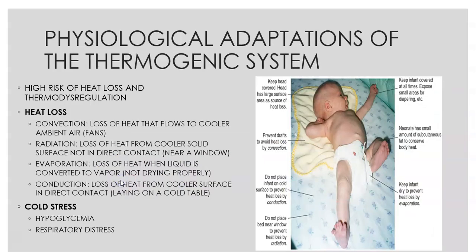So, speaking of being cold, the next thing we'll talk about is the thermogenic system, which is a huge potential problem in infants. They are at high risk of heat loss for multiple reasons. One, their large heads. Their heads are about a quarter of the size of their body at this age. So they have much larger heads in relationship to their body than we do. And a lot of heat is lost through the head. That's why they always recommend keeping a hat on newborns and things like that.